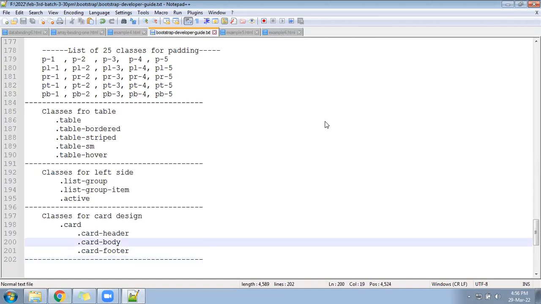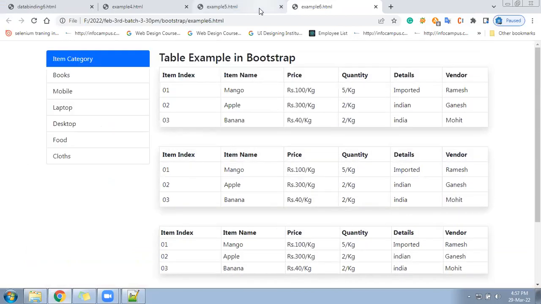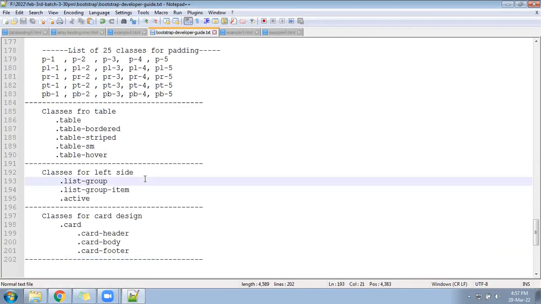So in this file, I think we cannot add, it will be overload. You have created the example 5 file, we can go in that. In example 5, we can add that.